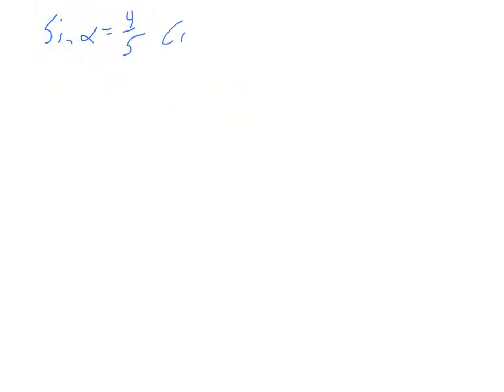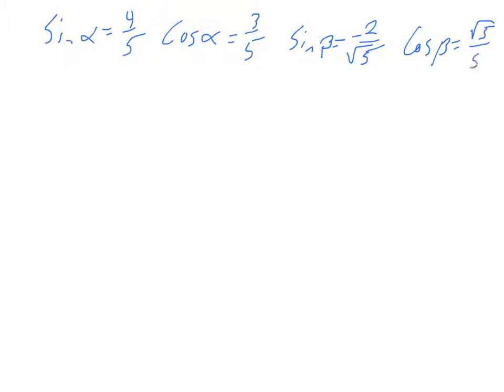We determined that cosine alpha was equal to 3/5. Sine beta was equal to negative 2 over square root of 5, and cosine beta was negative square root of 5 over 5, right? So that means that cosine of alpha plus beta is going to end up equaling